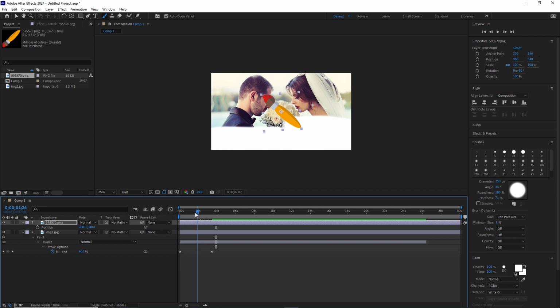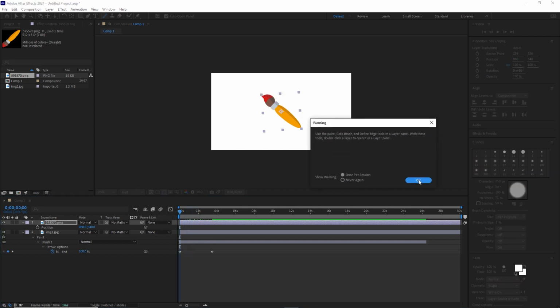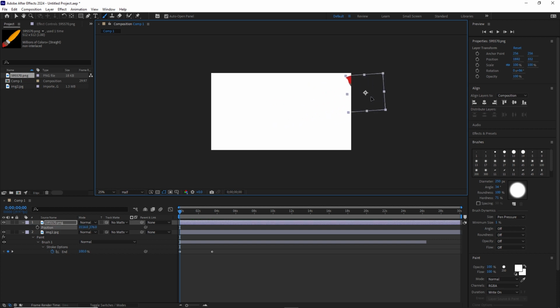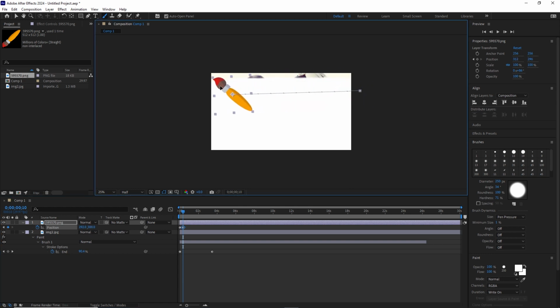So right now I am going to position my brush in here like so, and create the keyframe, and move with shift and page down 10 frames, and move the brush in here like so. I am going to move with the page down 1, 2, 3, 2 frames,